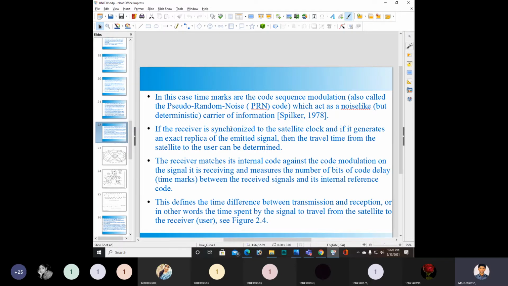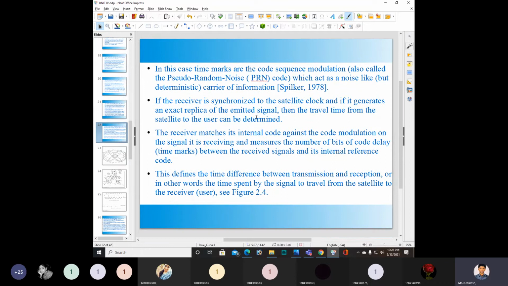Time marks or the code sequence modulation also you need to call as a pseudo random noise, which will act as a noise-like carrier of information.